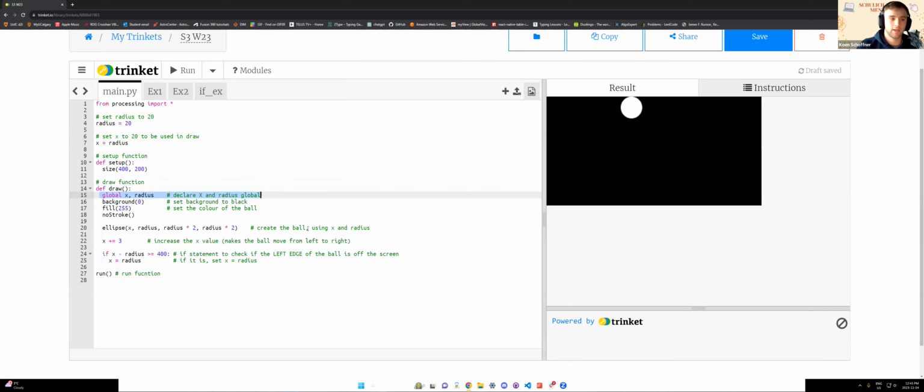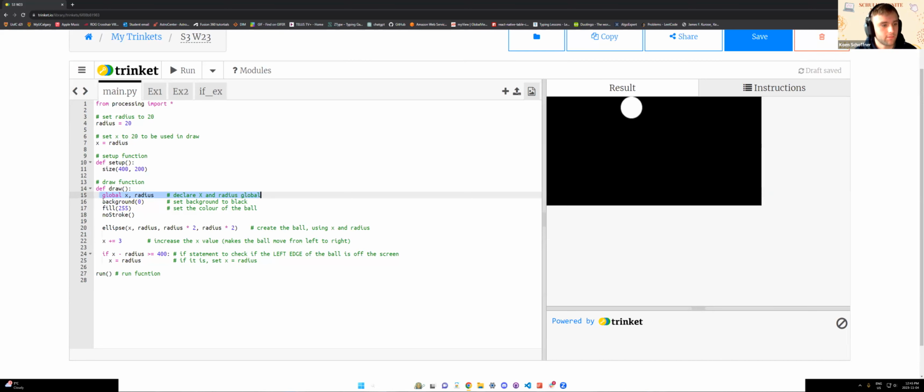We want that because if we were to define x inside of our draw function, it would always be set to an initial value and the ball would not move left to right. That's why we need to define it outside.